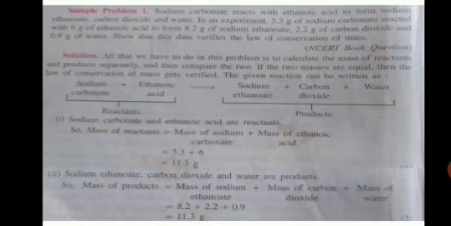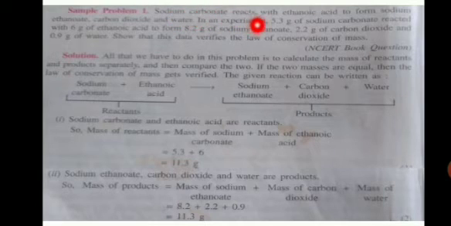So what is the first step? First we have to write the chemical equation. First of all, identify what are the reactants participating here. Second, what are the products obtained after the reaction. Identify that. All the reactants' and products' masses will be there in that question. So just pick out which are the reactants and which are the products. So write in a chemical format, reactant and product. Okay. So here the reactants. Sodium carbonate reacts with ethanoic acid. So from there itself we got the reactants.